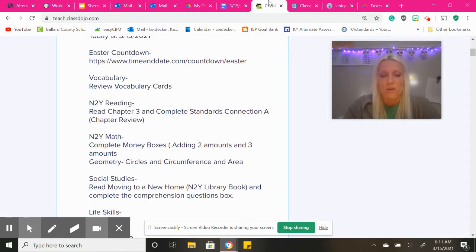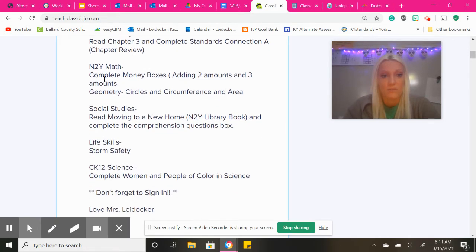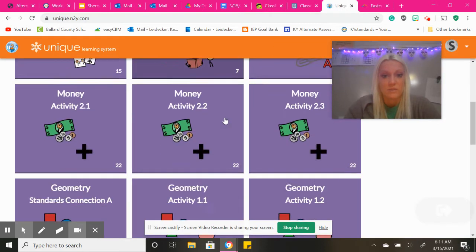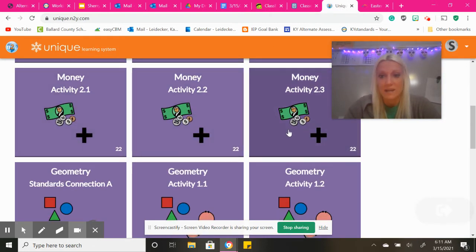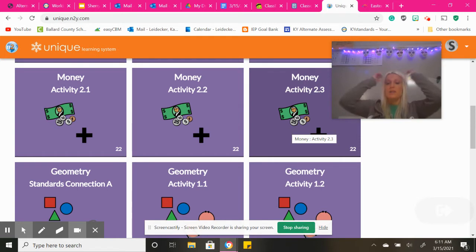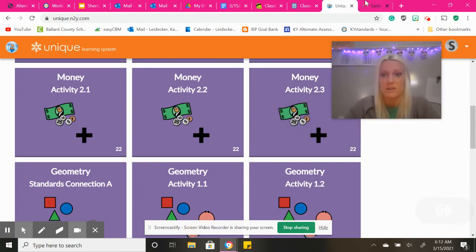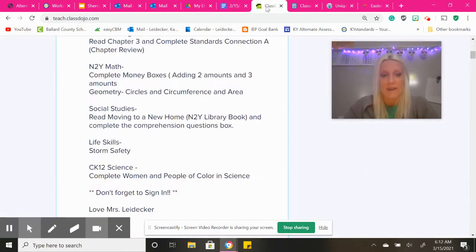For our money skills, it is involved in N2Y math today, so we won't do money skills separately. So you all will have your math money boxes to complete on N2Y. There's 1, 2, 3. These are adding amounts. You may use a calculator on this, okay? If you want to try without a calculator, that's fine, but you are able to use a calculator because you're adding 3 amounts that you all will be adding together. And then geometry, we're